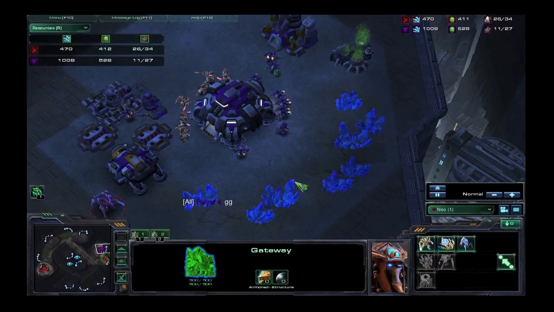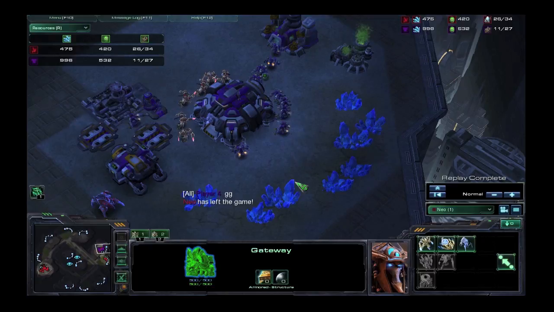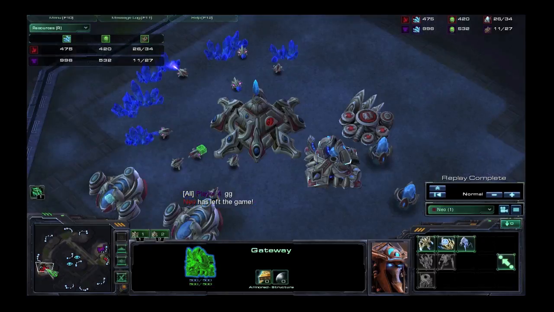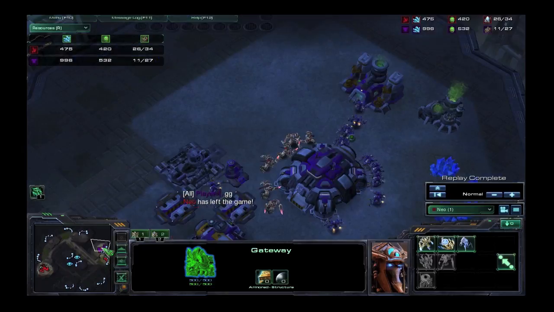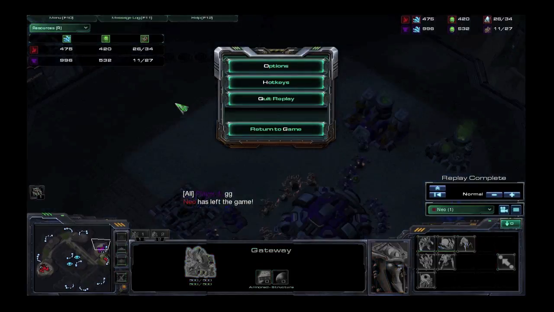And look at that little SCV trying to put down the barracks, and the player decides to throw down good game, and that is the end of the strategy. So let's review what we did. We sent out a scout at 10 supply, and